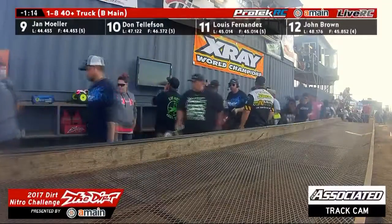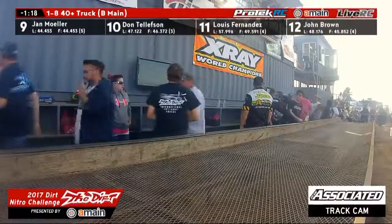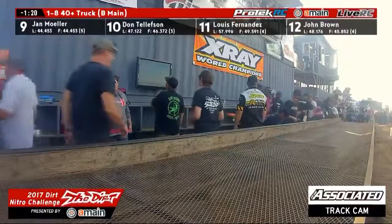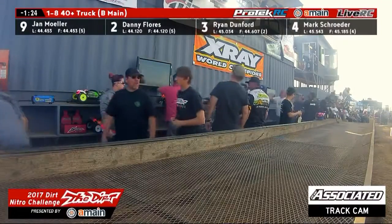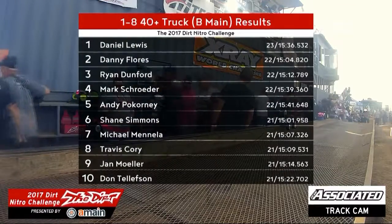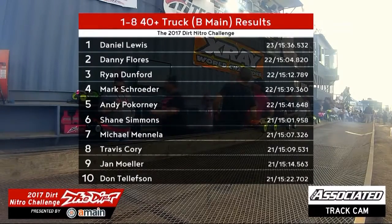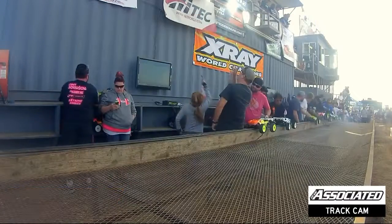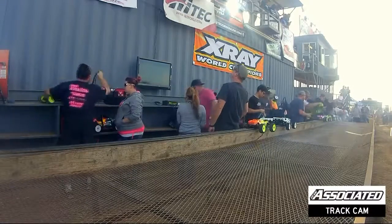That does conclude race number 23, your A-scale 40 and over truck B-main event. Up next will be race number 24. What a great race. All the drivers back out to the